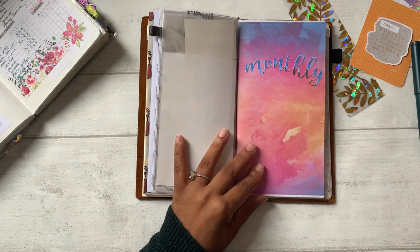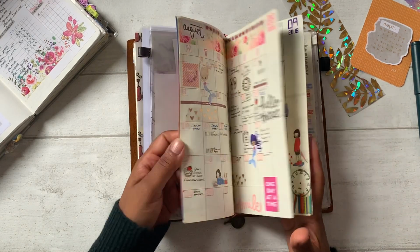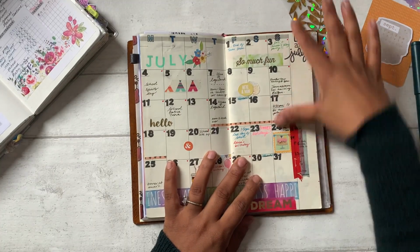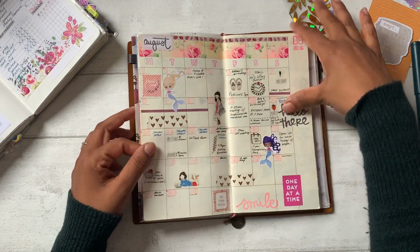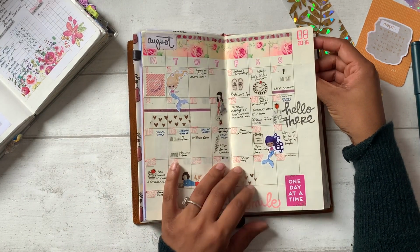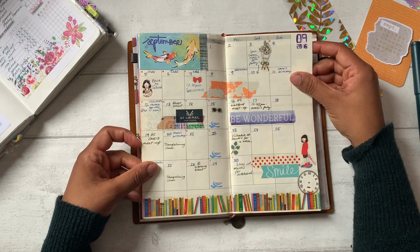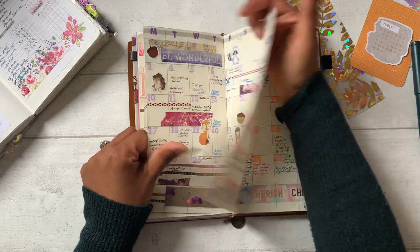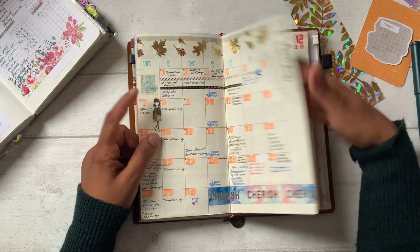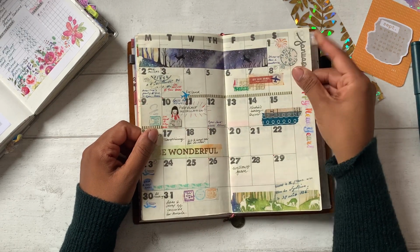Then I did find this monthly insert that I have as well. This is from Traveler's Notebook as well. And I will just quickly flip through it for you guys. So I was using this July 2016, August. I loved how this month turned out. I love these little girls. September, then October, November, December. So that was 2016, and then I did use it in January